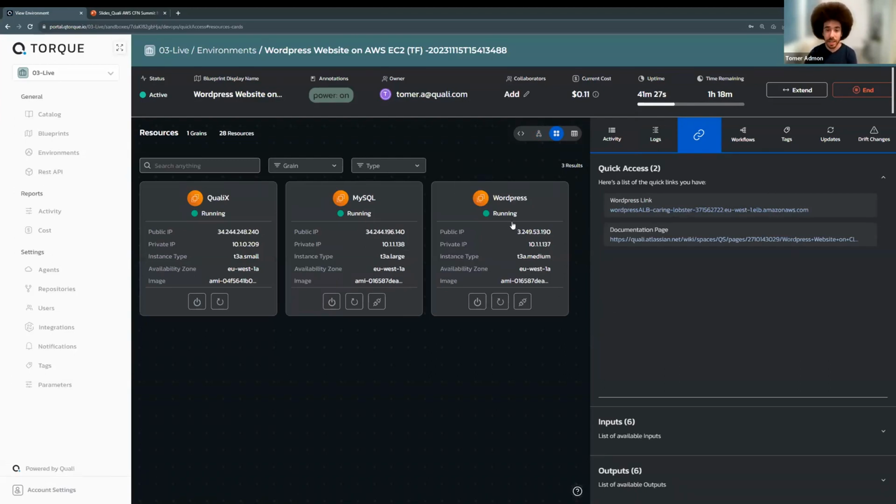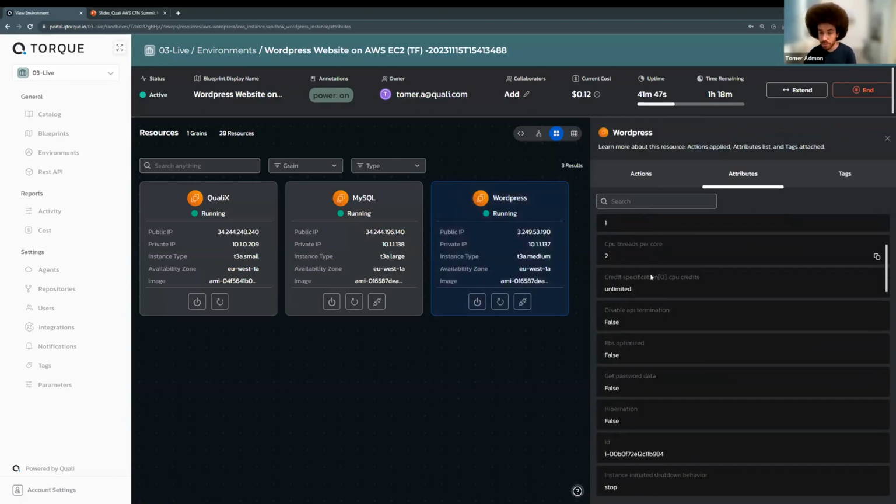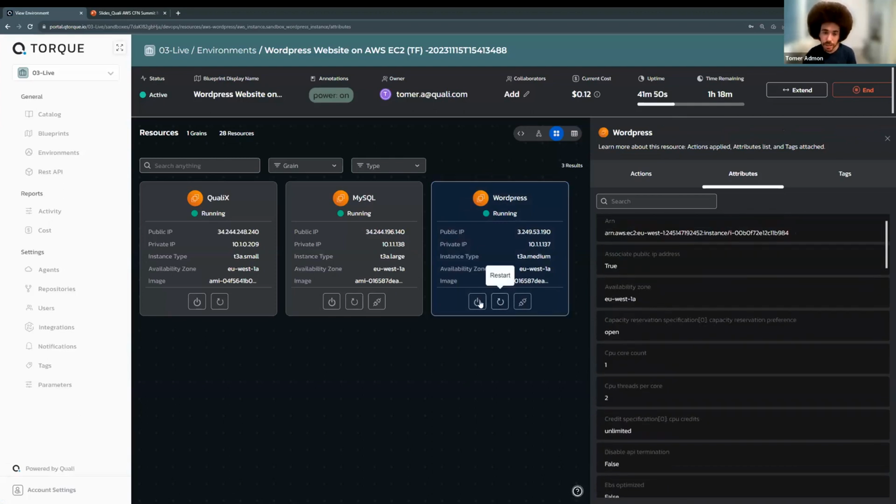So you can define that. And in this case, we want to show the 3-tier aspect of the application. Here's the database, here's the WordPress, for example. Now, if it's a VM or if it's a cluster or if it's a database, we want to give you also day 2 capabilities on top of that resource. Here is a VM, for example. Again, here is all the information about it, but now you can also restart that or power that off if it's not needed. You can even go into it through this web portal and connect to SSH, RDP directly from Torque without knowing the authentication method and without the need to open VPN access.